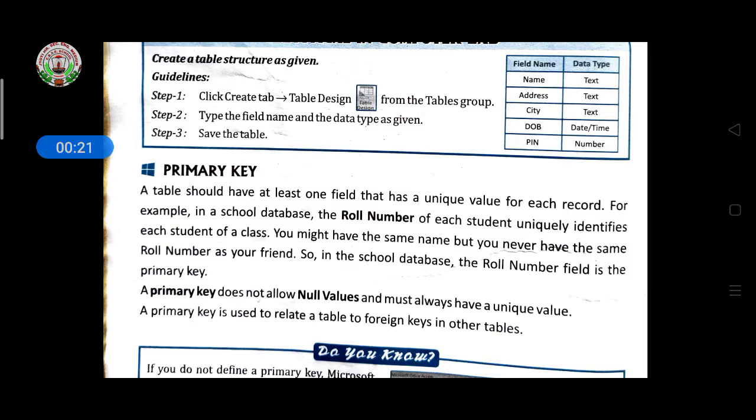Suppose in a column you want to enter only a number, but you don't want to repeat that number. Suppose you have an Aadhaar card column and an admission number column in your student table. You know that an Aadhaar number uniquely identifies each person who has registered for it. So the Aadhaar number should not be repeated for anyone.